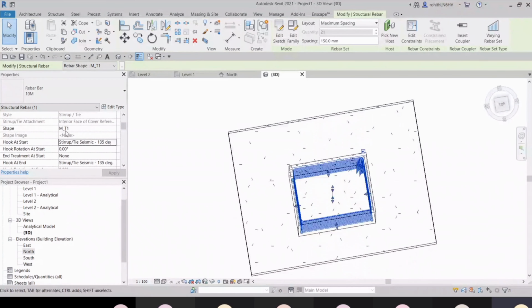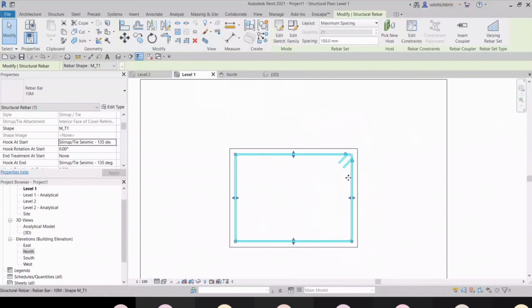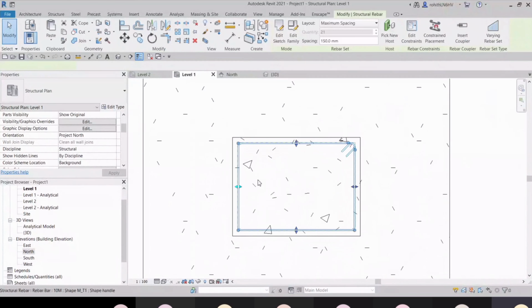Okay. So if you want to change the hook, you can change it.